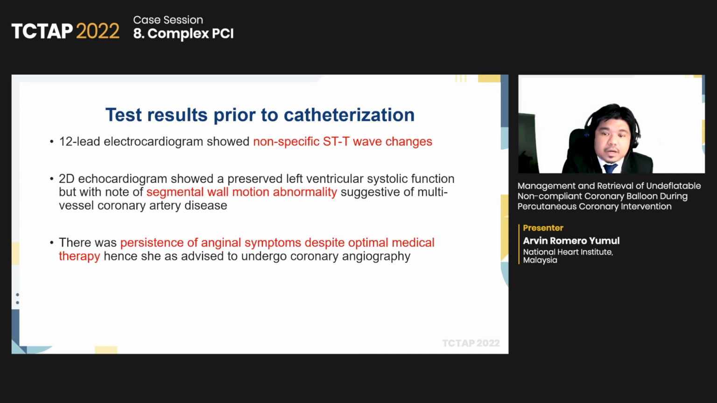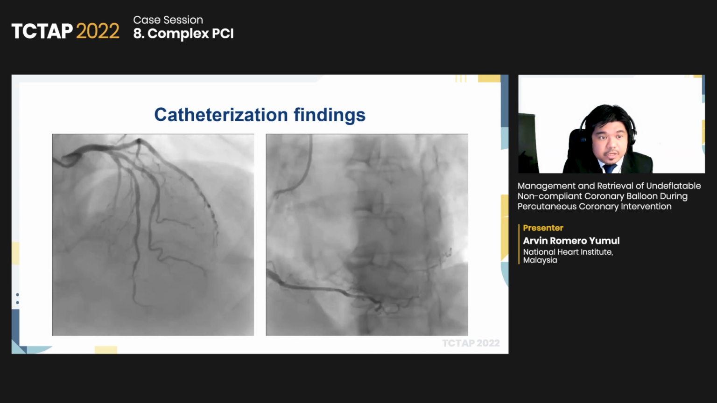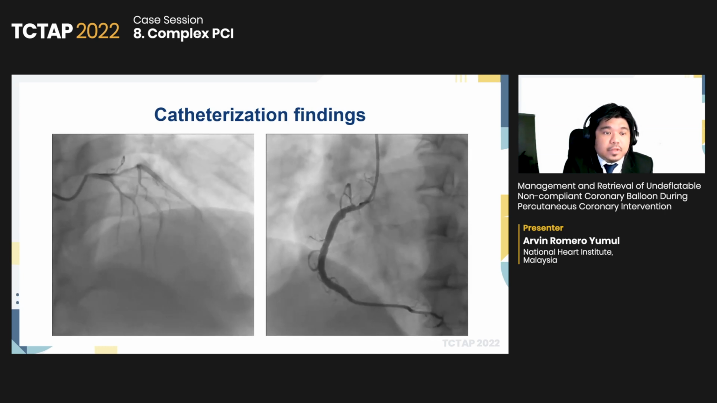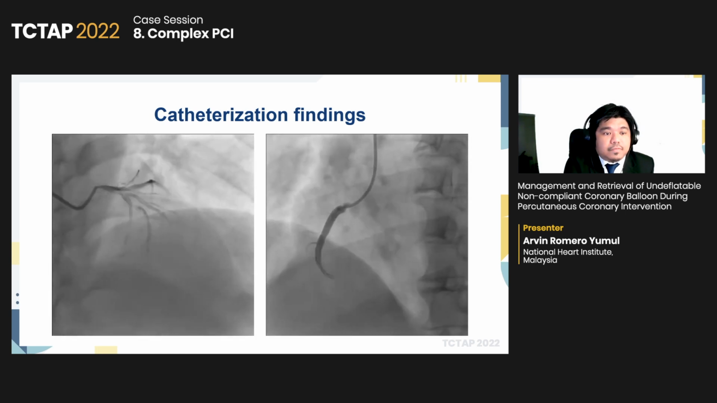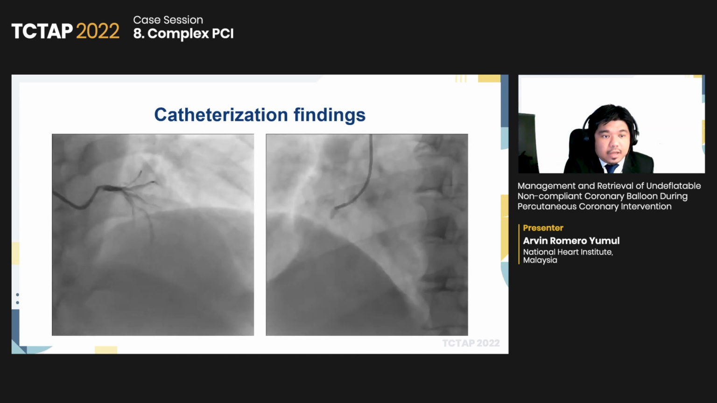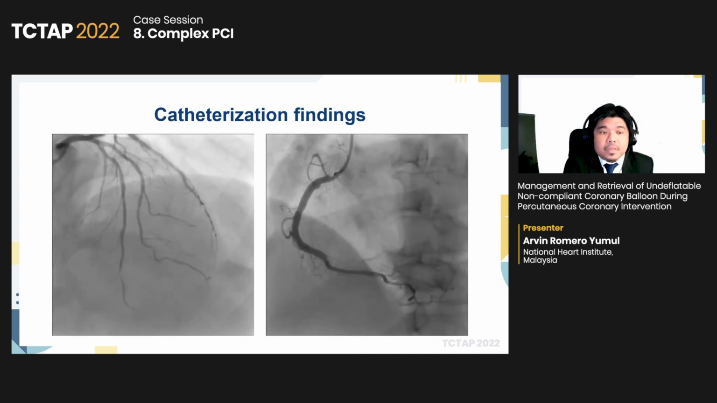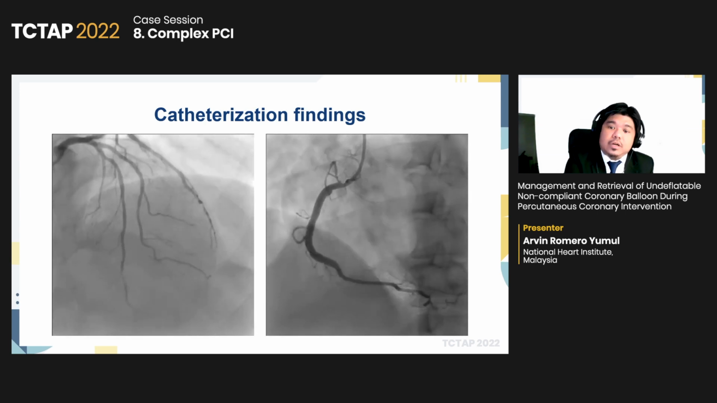However, despite starting her on optimal medications, there was persistence of the angina. Hence, she underwent coronary angiogram. Here is the diagnostic angiogram of the patient. The video on your left shows a moderate to severe stenosis in the mid left anterior descending artery and at the distal segment. But for the purposes of this discussion, we're more concerned with the